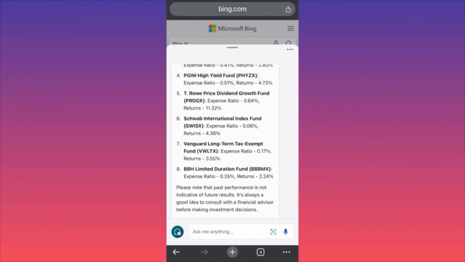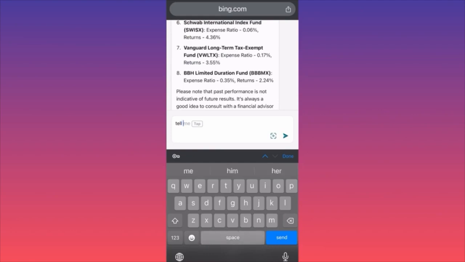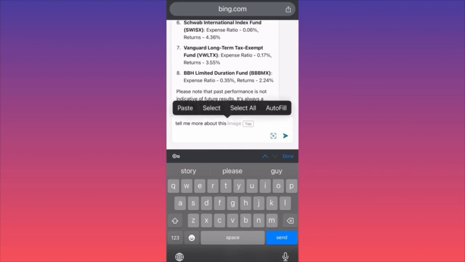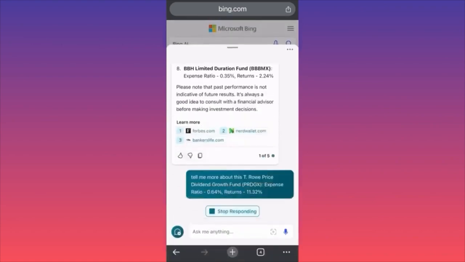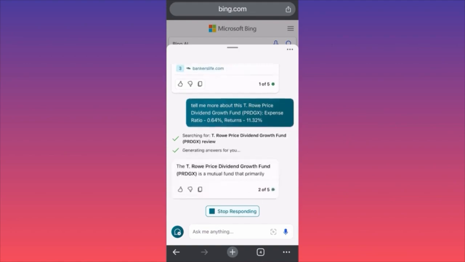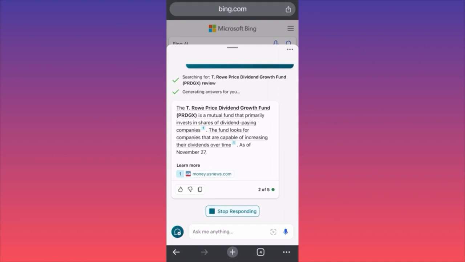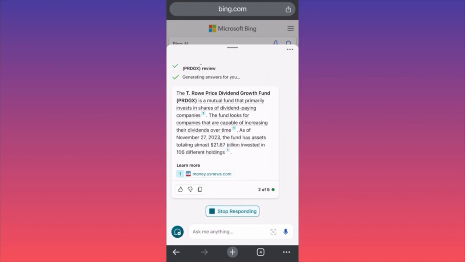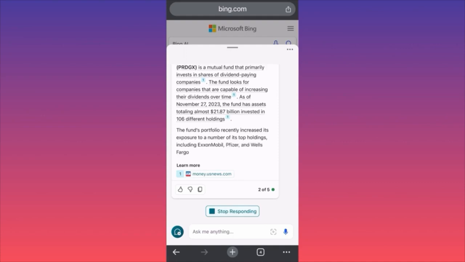What is this? So if we hold our finger and we copy this one and paste it again, and tell me more about this. And here we're going to paste it. Because there is a dividend in the name, I presume there's a portfolio of dividend securities. But remember, dividends are also taxed. So even if you reinvest dividends, you still have to pay taxes on them, right? And remember, dividends could be cut from the company at any time. There is no rule preventing them from cutting the dividends. So this is something that I want you to be aware of, guys.